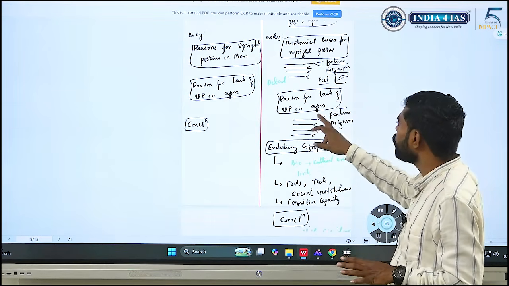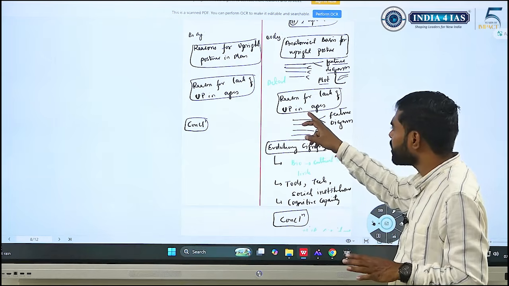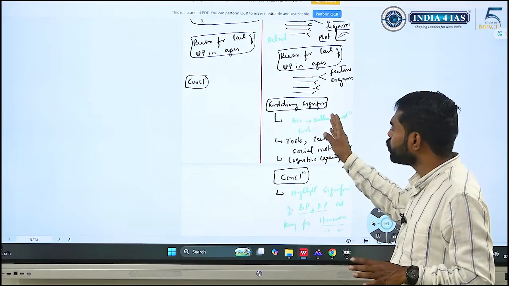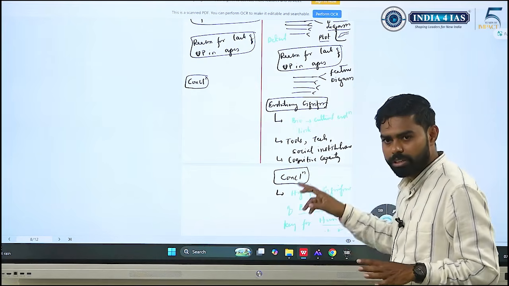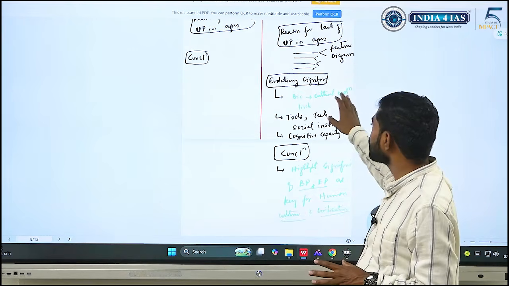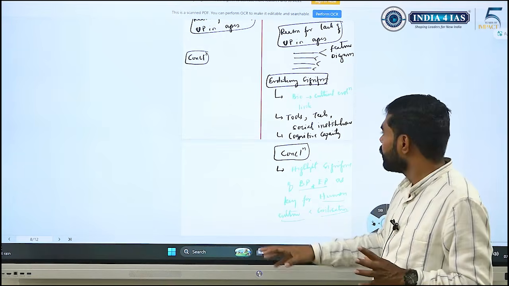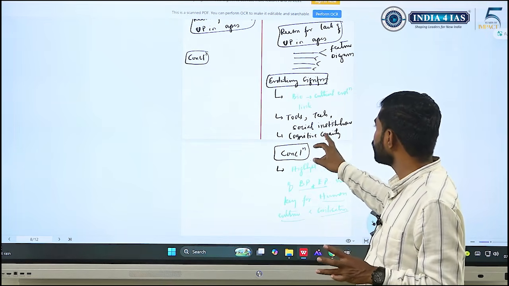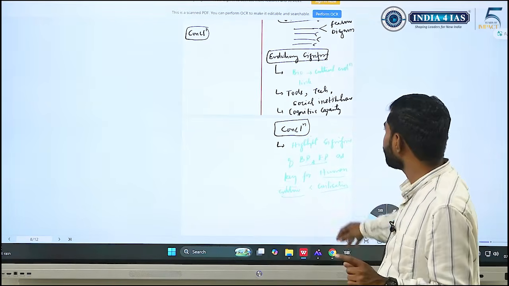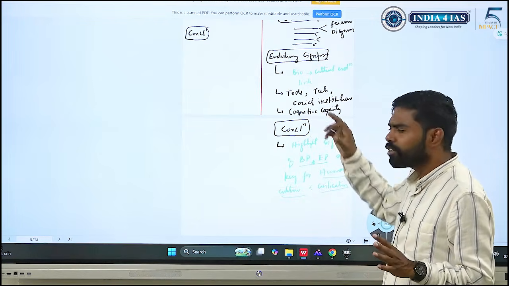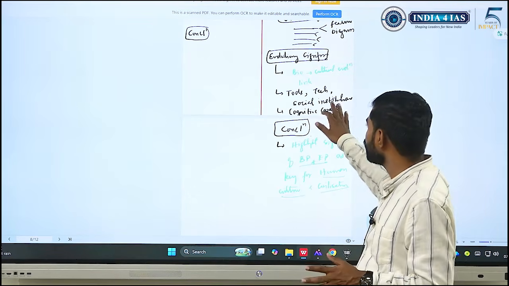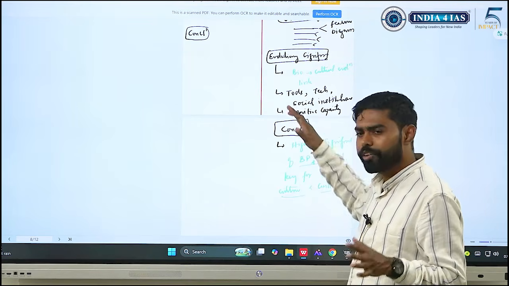And reasons for lack of upright posture in apes. So same thing for everything: feature, diagram and evolutionary significance. So this is that dimension. Why are we studying this part? So evolutionary significance: biological and cultural evolution, we need to link it. And tools, technology, social institutions, cognitive capacity. Don't you think that bipedalism has led to evolution? Don't you think that this change in human physiology has led to the institution of marriage? This change has led to freeing of our hands.